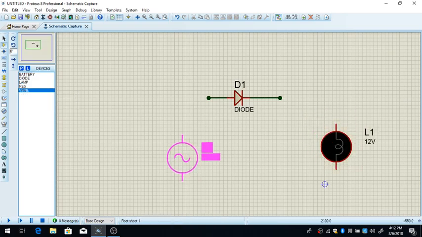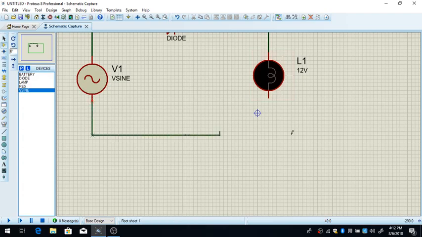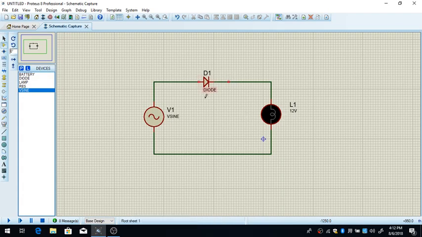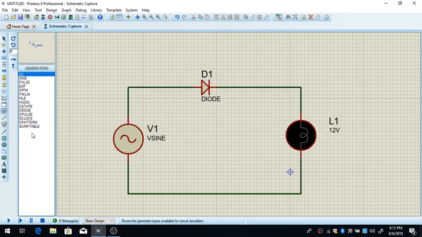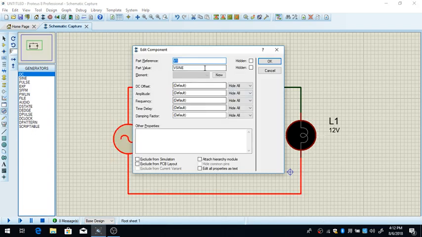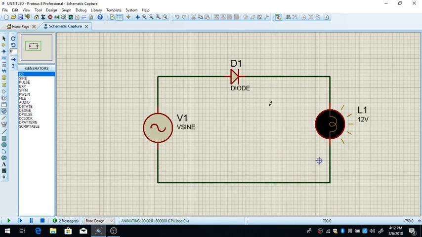I mean, you always have to put some kind of resistor with the diode. But this is a program, so nothing rapid is going to happen when I don't put a resistor here. So I'm gonna change the values here. Let's say that the amplitude will be about 12 volts and the frequency, let's say 1 hertz. So when I connect, as you can see,